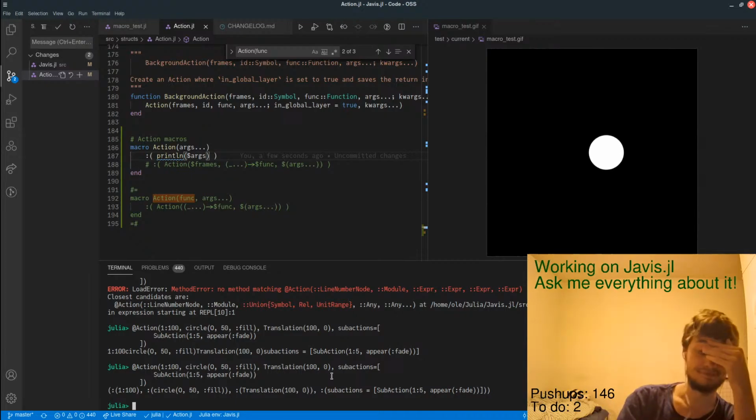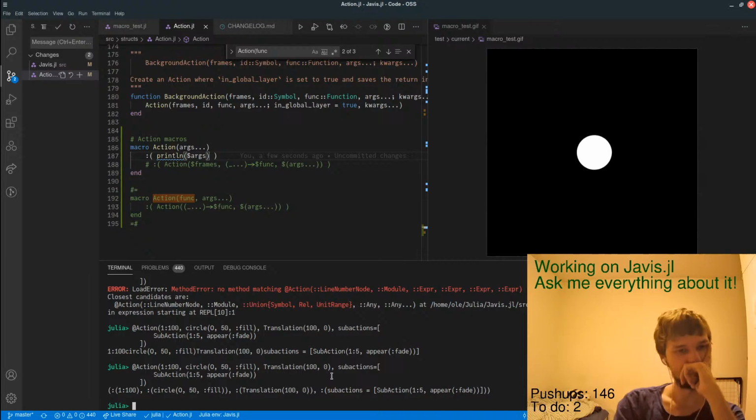Okay. So how do I figure out whether the frame is defined now or not? Hmm.